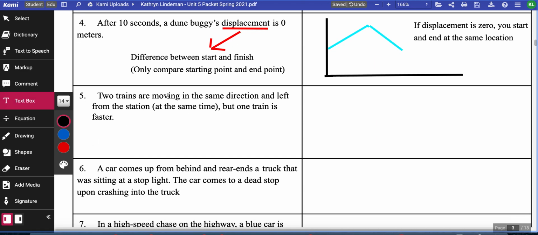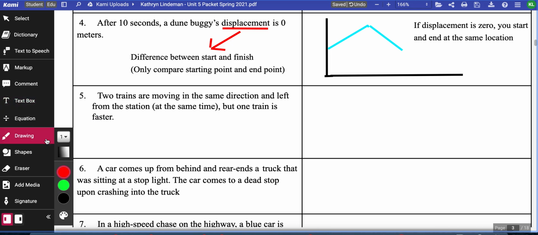Okay, so for number 5, two trains are moving in the same direction. They left the station at the same time, but one is faster. So they left a station at the same time, so that means they are,